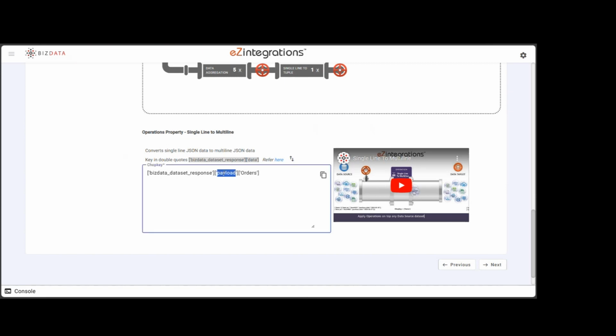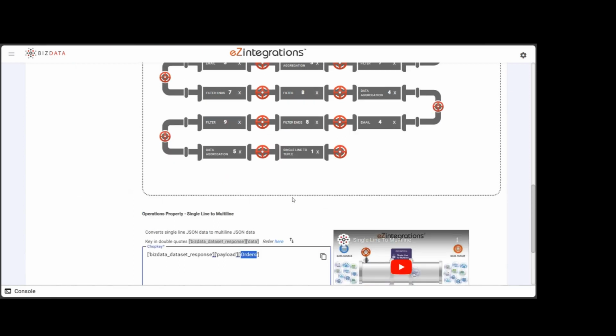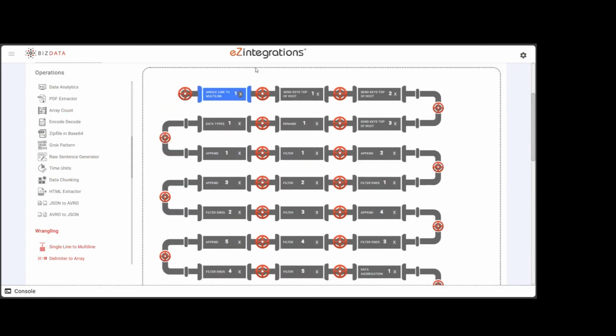You can see we are converting this payload and order data into multi-line so that every order will come in a single line and we can send that data to any system or any database, or we can trigger any email as per our requirement. Since we are dealing with order to cash, I have configured this integration bridge as per the order to cash steps. So after getting this data, I'm just